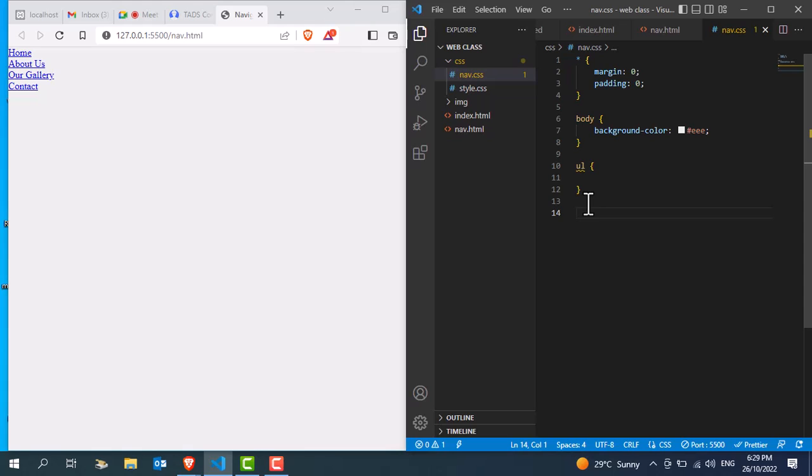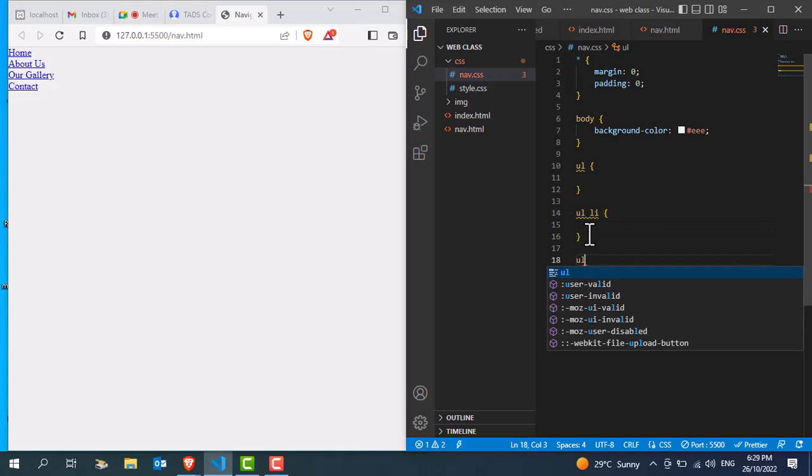So that's why you follow this normal standard: we have our UL, inside the UL we have LI, so we want to style the LI that's inside the UL. So that's another means of selecting the LI. Now we want to style our A tag, which is inside the LI. This is the anchor tag that we want to style. So first things first,